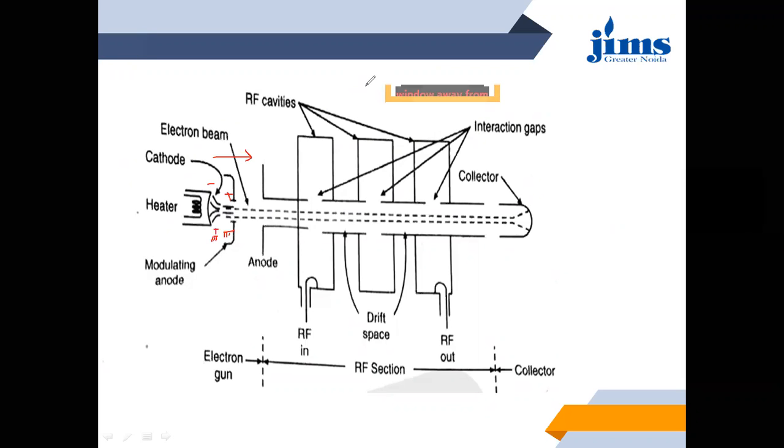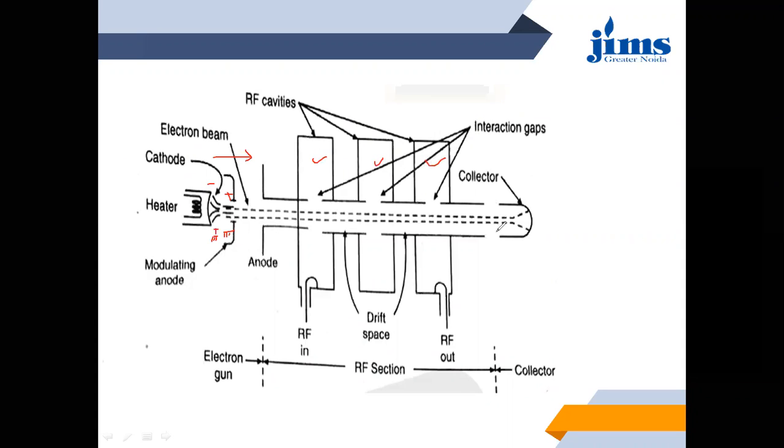So what are we doing? First we put a negative plate, then a positive plate, where negative is called the cathode, positive is called the anode, so that the electrons are dragged and transmitted towards the target, towards the collector. Now they follow a particular pattern or direction because they have the anode, the positive plate, called the anode potential. After they are transmitted from the anode, there are three RF cavities,